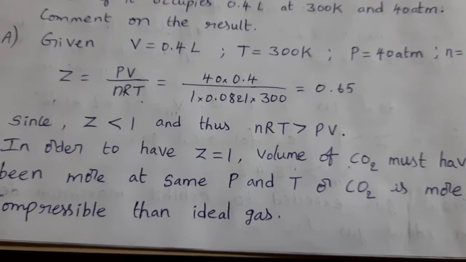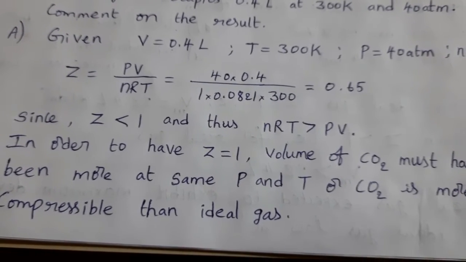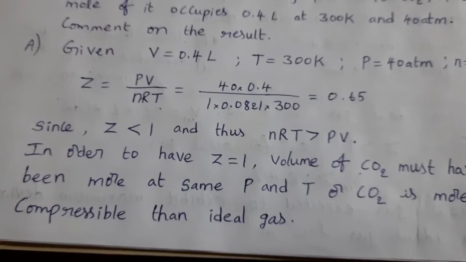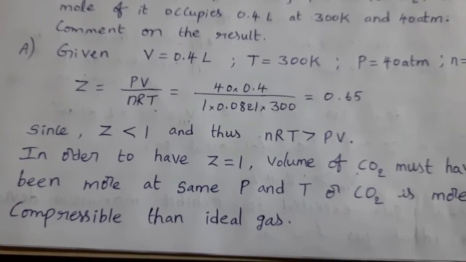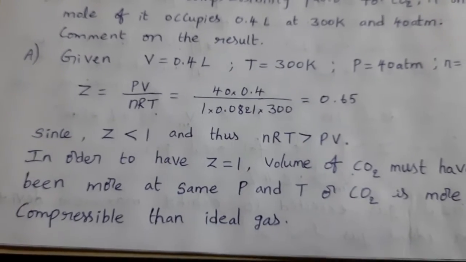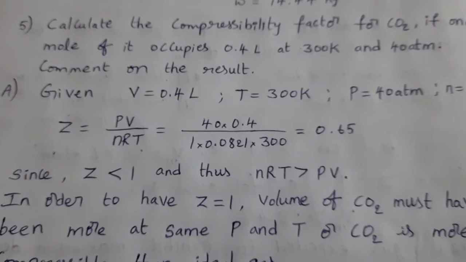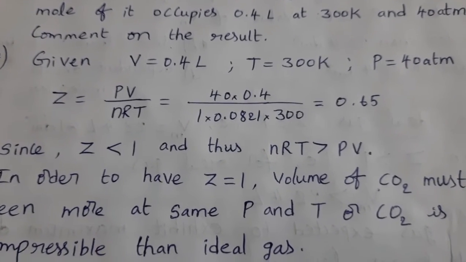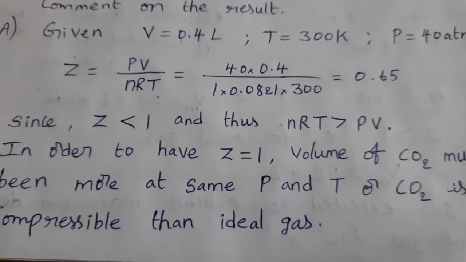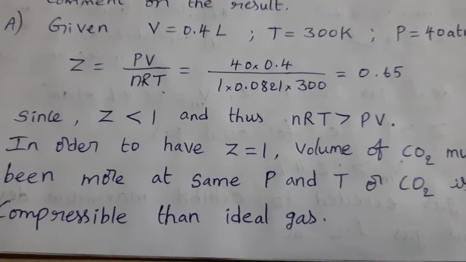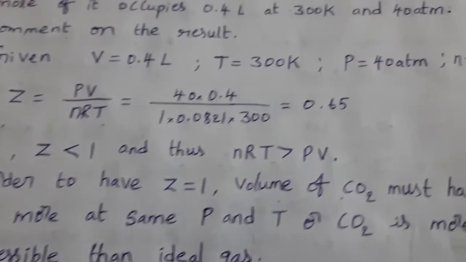Inside the CO2 gas, between the molecules, attractive forces are there. That's why we can compress it more easily than an ideal gas. This is the indication. So here Z value less than 1 means volume is less. That means CO2 gas is more compressible than ideal gas. Next,